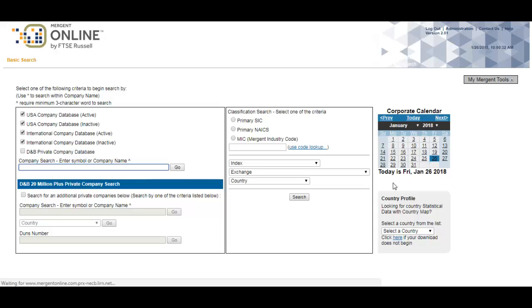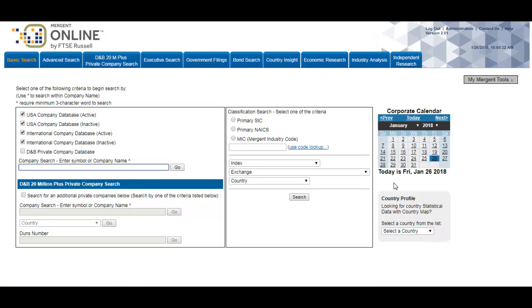Terrific database, especially if you're getting data on companies. And once this database loads, let me show you. Let's run a search on Merck Pharmaceutical, major pharmaceutical company in the United States. You can do a search either by the name of the company, or if you happen to know the symbol, you can type in the symbol. I happen to know the symbol. It's called MRK, and I'll hit go,